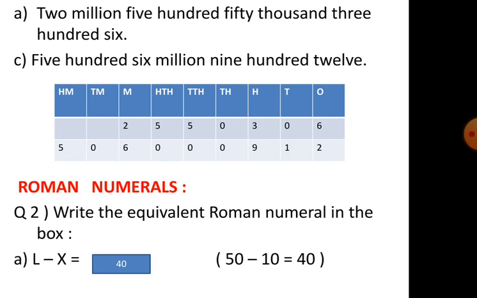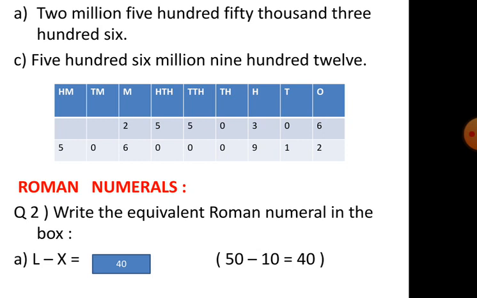If we take an example of L, XL. L means 50. X means 10. So, X when written to the left of L or C, it is subtracted. X means 10, L means 50. We cannot write 10 plus 50. We will write 50 minus 10. Answer will be 40. And the second rule they had given: X when written to the right of L or C. L means 50. X when written to the right, this LX, this is 50 plus 10. There we will not subtract.